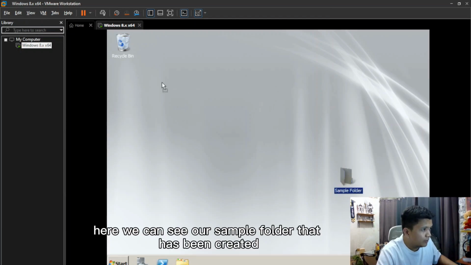Here we can see our sample folder that has been created.